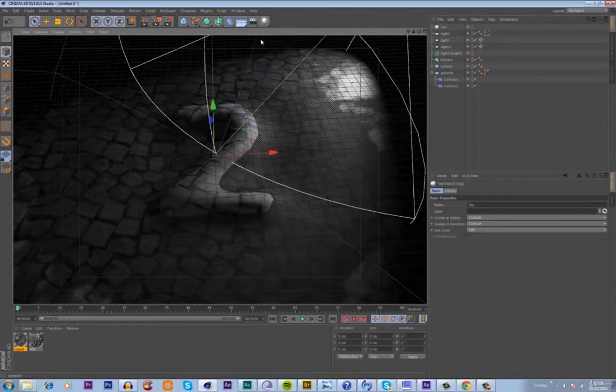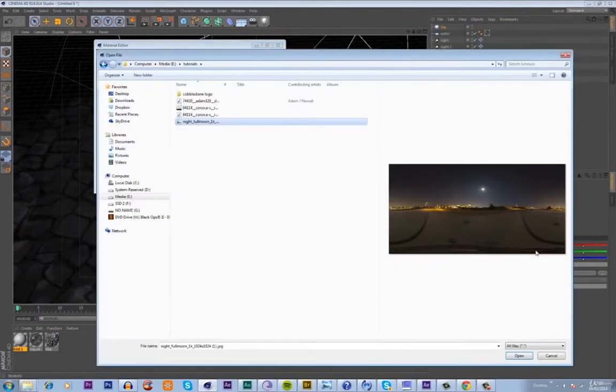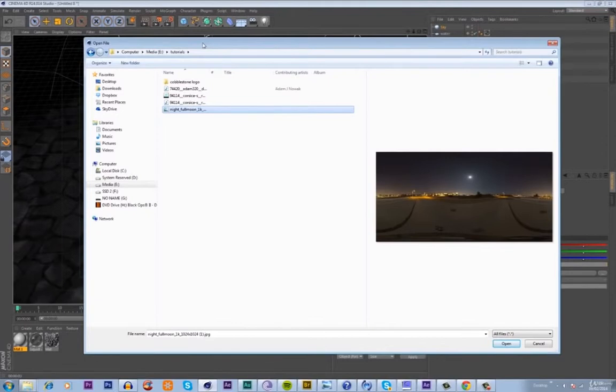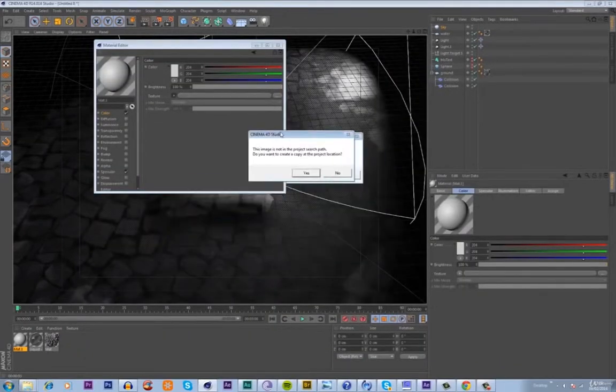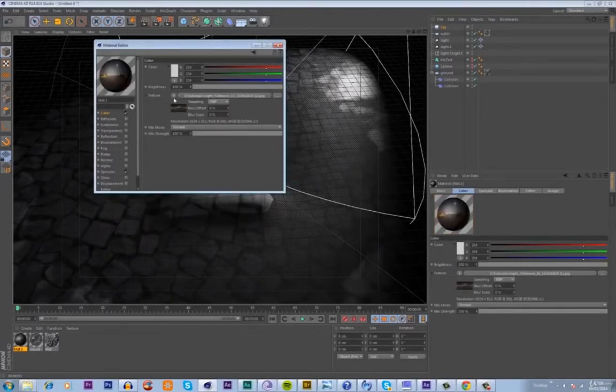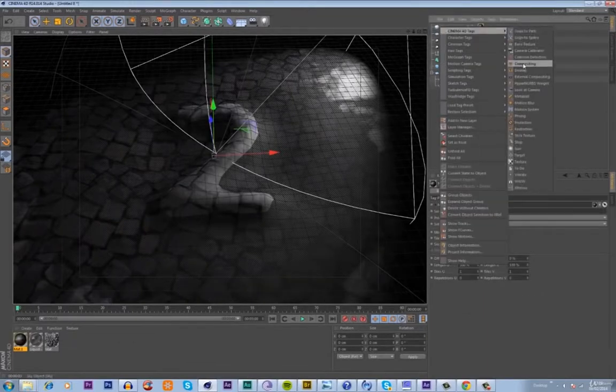So I'm gonna get the sky object, and I'm gonna load up the sky texture, and this is the image which I used for this. And of course, all of the files used in this tutorial will be available to download for you on the post page of this tutorial. I'm gonna hit open, and this dialog box always pops up. It doesn't matter what you click. I'm gonna hit no,